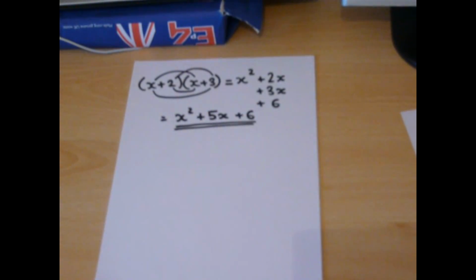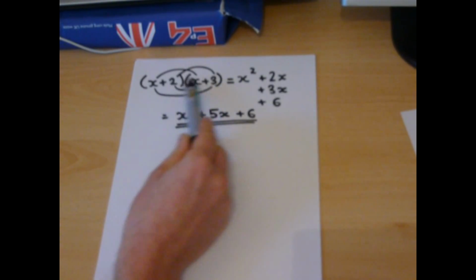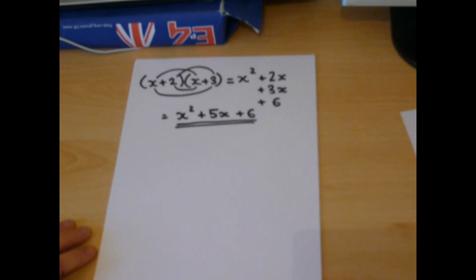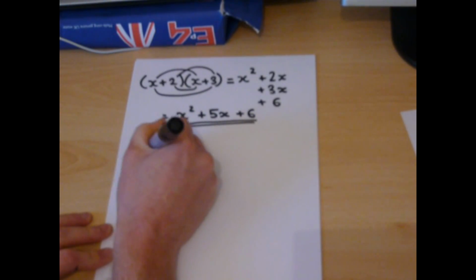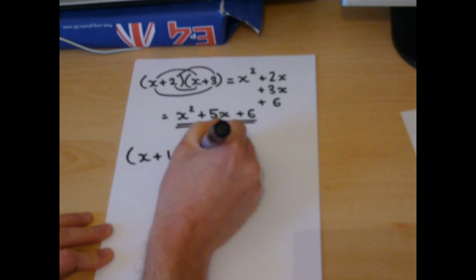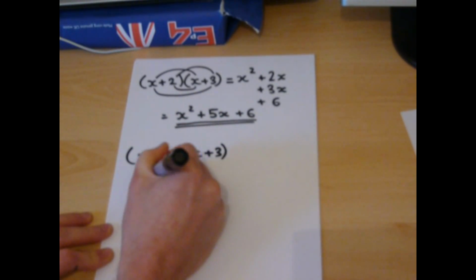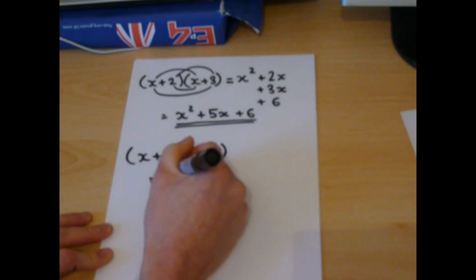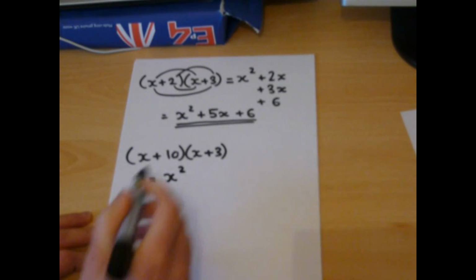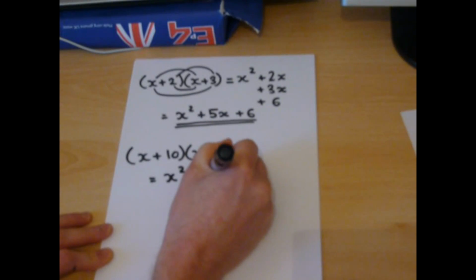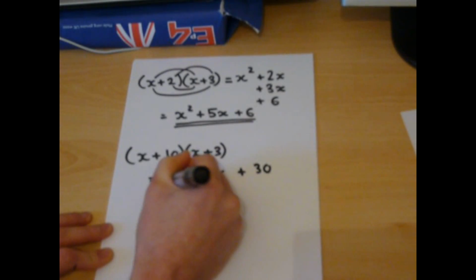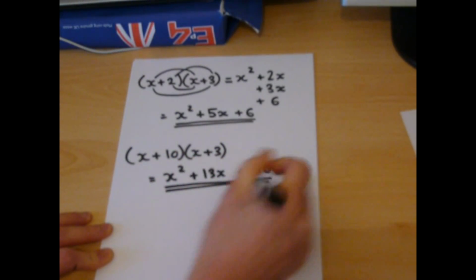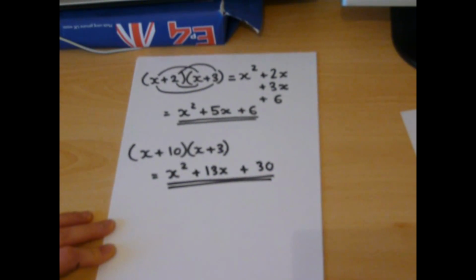Now for these special types of brackets, observe how 2 plus 3 is 5 and 2 times 3 is 6. That gives us a shortcut for expanding brackets of this type. So for example, a shortcut. The x and the x gives an x squared when times together. We have a 10 and a 3, which gives us a 13x, and we have 10 times 3, which is 30. This works when we have an x and an x here. The final one